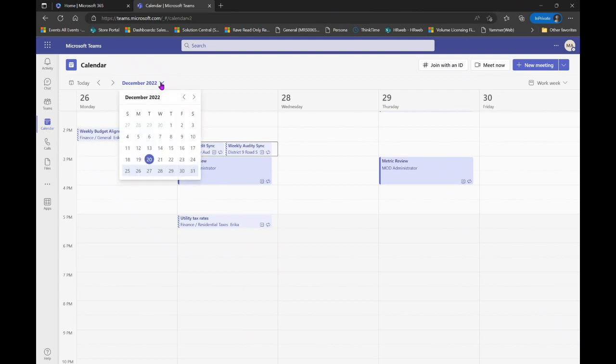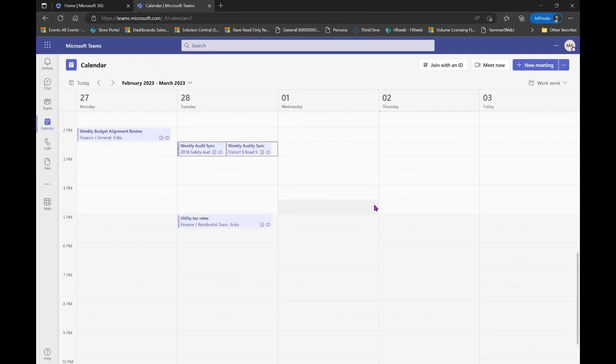And if we jump down with the monthly view and still go out until that week of, let's say, February is this end date that we set, we'll say the week of the 27th. It's not going to show on our calendar because, again, we set that hard date for that meeting to end on the 23rd of February. But if at any given time you need to extend that time frame out for that meeting to reoccur, and you want to extend that series, as the organizer, if we go back to our original meeting,